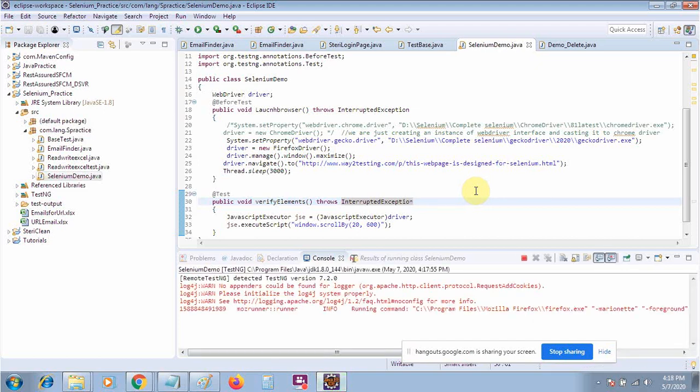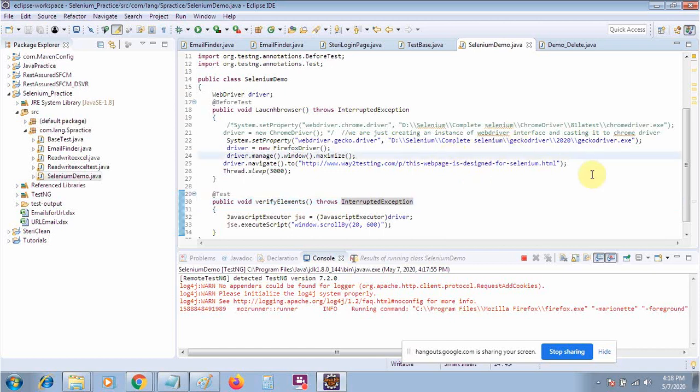It's taking a little bit more time. In the next we will see how to scroll up to an element.